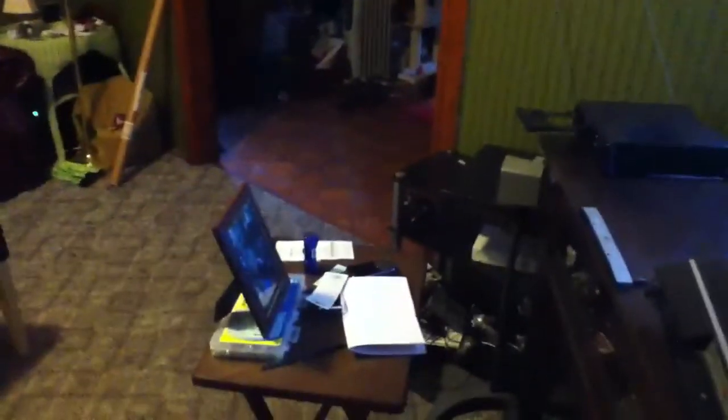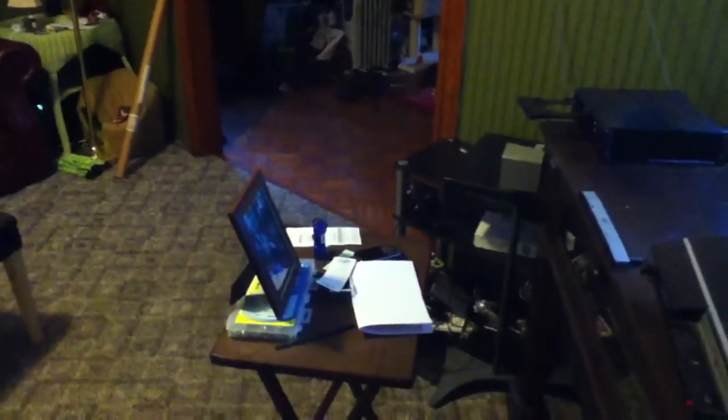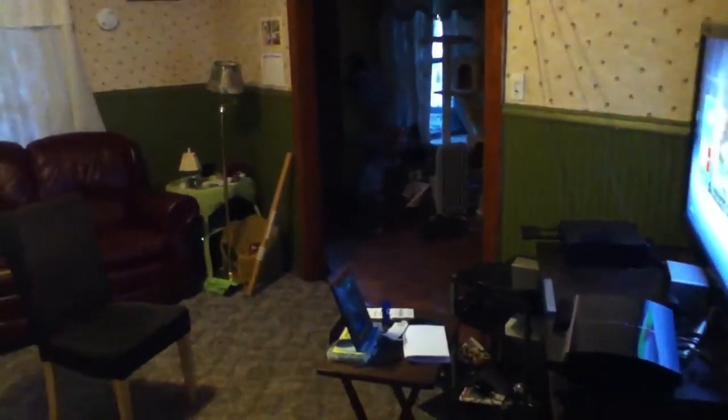You'll see that I have a chair right over here. Now this, ignore this, I normally would never play with this. This is used mainly just to hold up the camera while I'm talking. There's my chair right there. You see the couch back there? I actually don't play from the couch. The chair is probably, just to give you an idea, the distance from my TV to the chair, it's probably